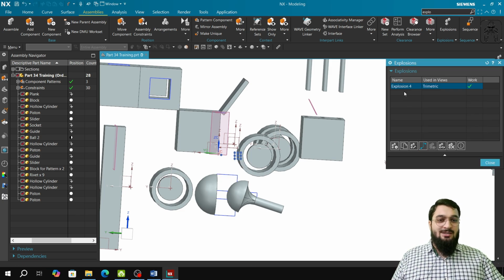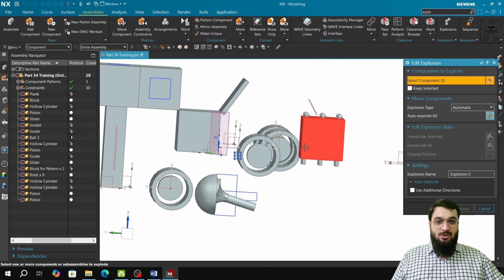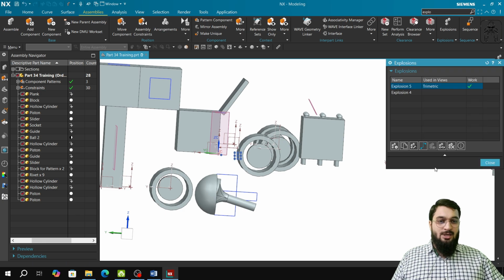So you can see that the explosion has been done, and if I want to create another explosion, I'll just click on adding and I'll click on apply. So this is something like that. So explosion 4, if you want, you can just